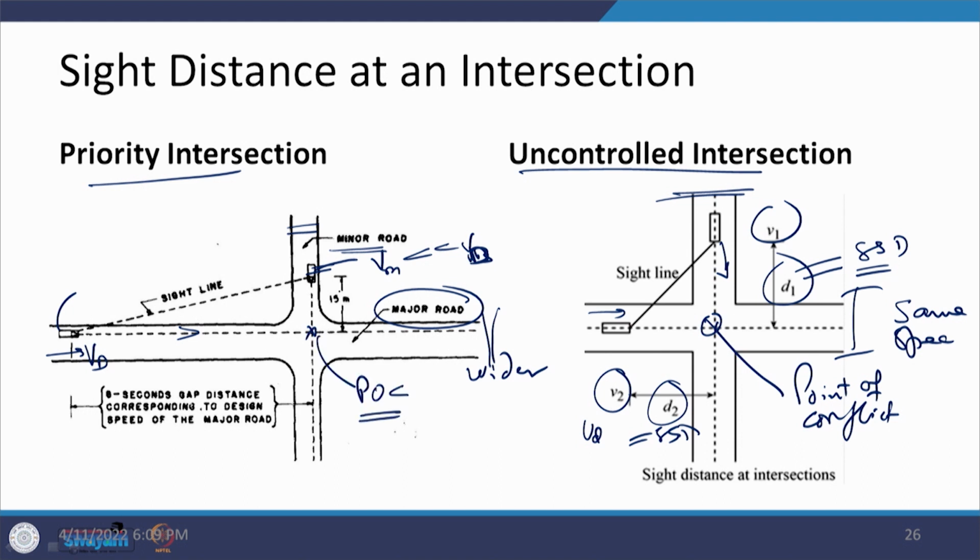What it says is that a minimum distance of 15 meters should be there as visibility on the minor road, but on the major road, the distance from here to here should equal the distance travelled in 8 seconds at the design speed. Now, why 8 seconds? This 8 seconds is considered because this vehicle on the minor road comes and stops